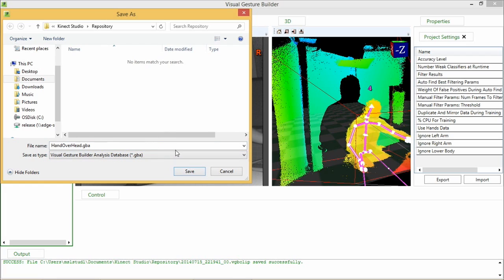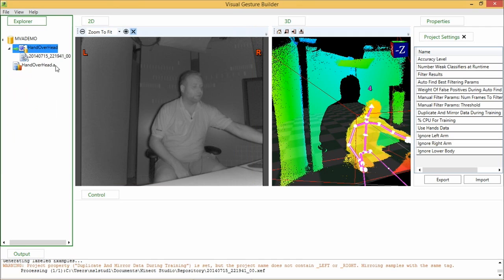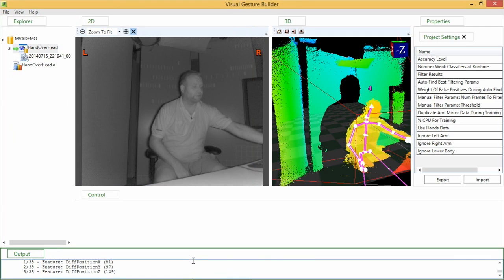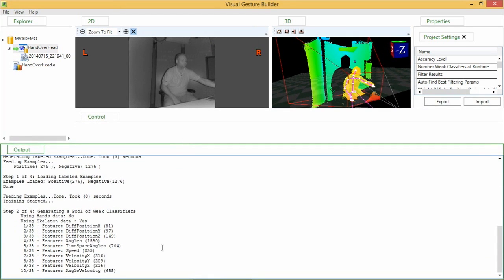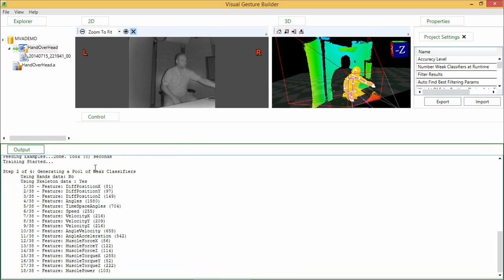That is correct. The nice thing is that if I were to create a collection of gestures, I can share that with you, and you can say, I have 5 gestures in this database, but I only care about 3 of them. By launching Gesture Builder as a command line tool, I can manipulate which ones of the gestures I preserve in the database and which ones I want to strip off. So in this case, we're saying create the hand overhead database, and it is currently going through this, and you see the build process, and it's looking at what are called classifiers,